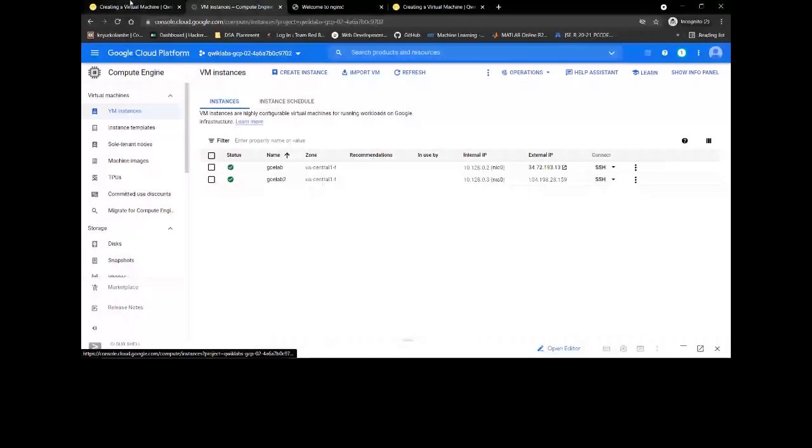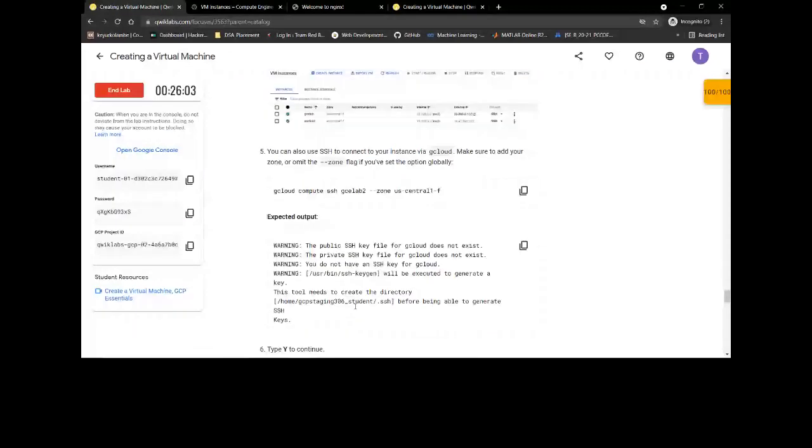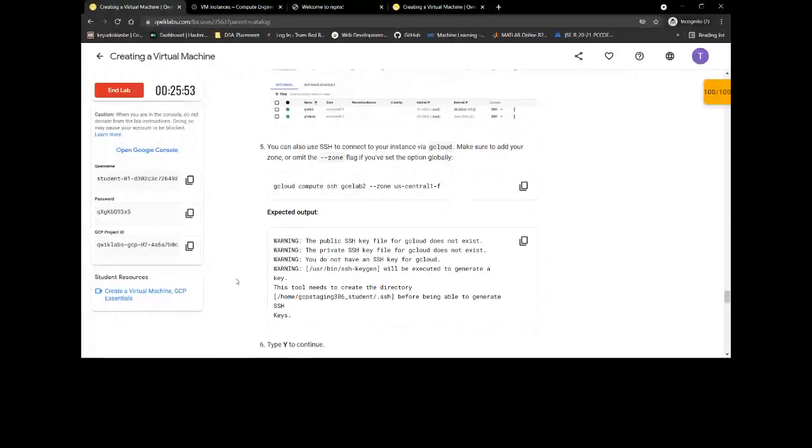So in this way, you can create a virtual machine using the Google Cloud platform. Now, as this lab has been completed, you can end the lab. After ending the lab, all the resources that you got in this lab will automatically be terminated. And please make sure, even if you complete the lab very fast, keep the lab on for at least 10 to 15 minutes so that your lab will be completed successfully. So as we have completed this lab, we will end this lab.